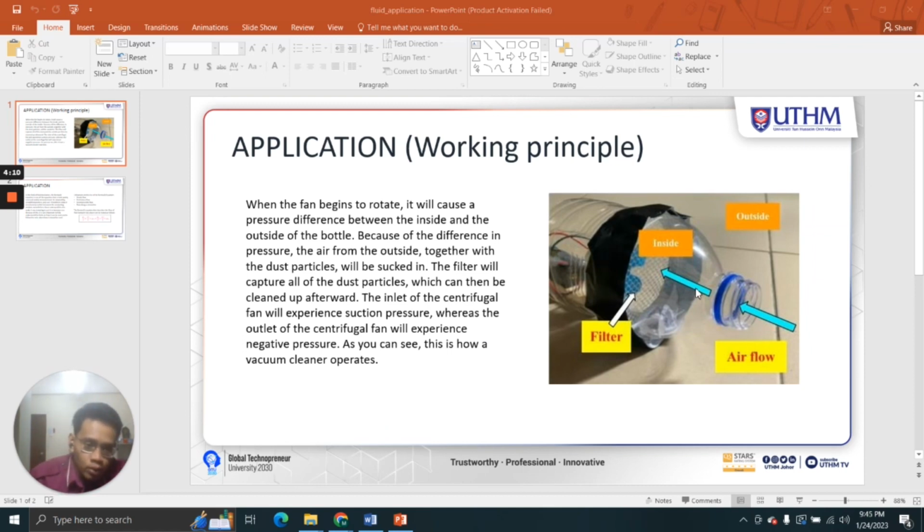This is the arrow of the air being sucked. There is a filter inside the bottle, outside. Behind this, in our project, you can see the picture of the DC motor and the fan. Next is